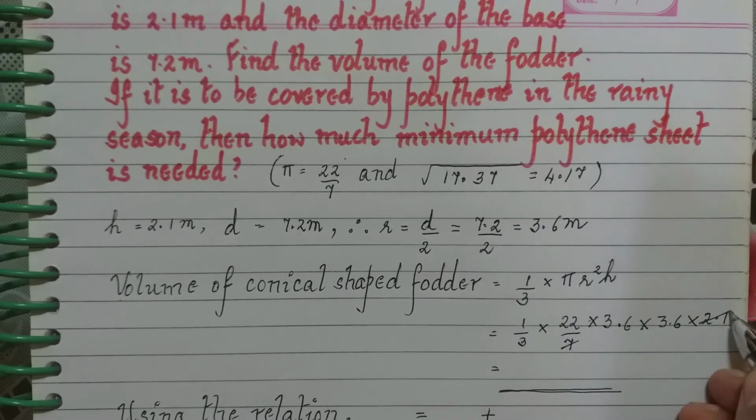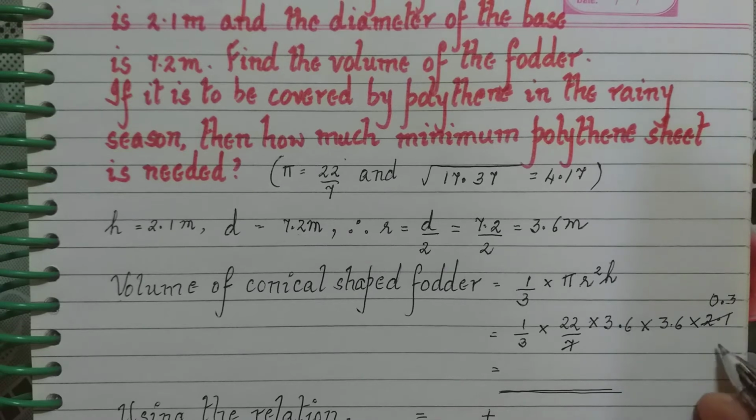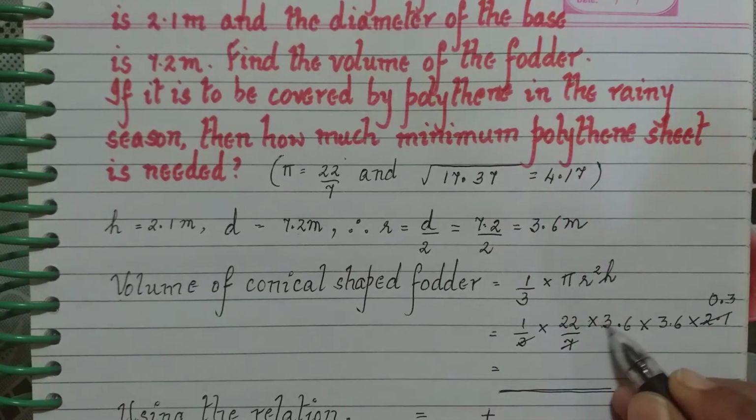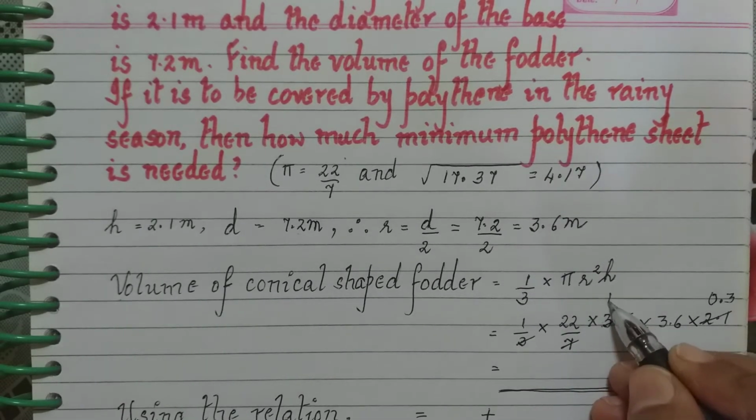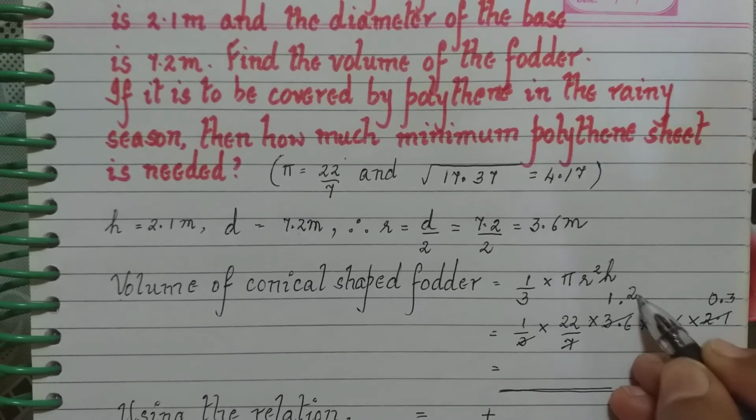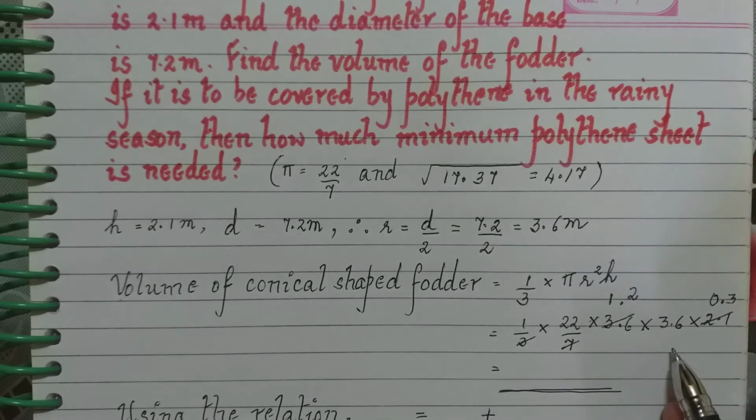7 goes in 21, but this is 2.1. So 7 goes in 21 3 times, so 0.3 times. 7 doesn't go into 2, so 0, then 2 is carried forward. In 21 it goes 3 times, so 0.3. Same way 3 goes in 3.6. 3 goes in 3 one time, then we put the point, 3 goes in 6 2 times. So now when we multiply here, 22 into 1.2 into 3.6 into 0.3, we get the answer